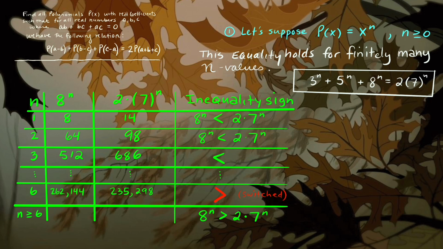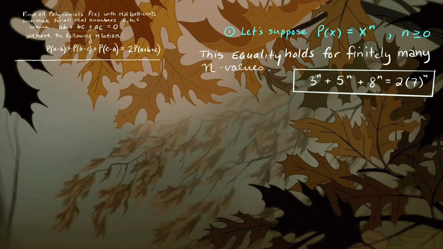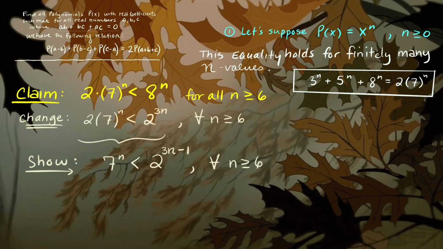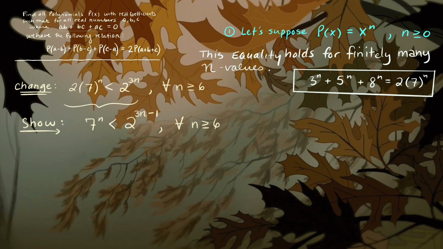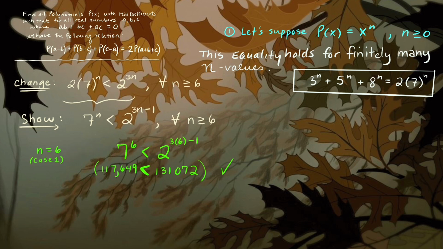So now we would have to prove that that would happen forever through induction, meaning that to prove that for n greater than or equal to 6, that inequality holds true, and therefore the equality up there would not be able to hold true. Okay, so the claim here is that 2 times 7 to the nth power is less than 8 to the n for all n greater than or equal to 6. And I can reduce this down to a simpler inequality. 7 to the n is less than 2 to the 3n minus 1 power for all n greater than or